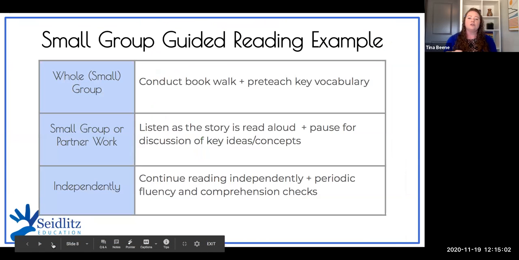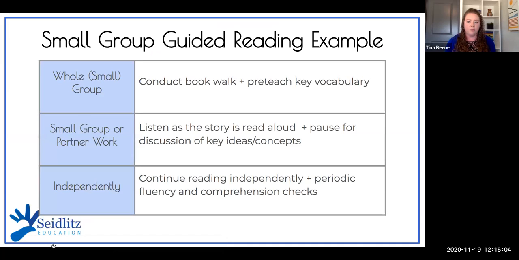All right. So let's zoom in now on just the small group part. What we just looked at was whole group and then small group and then independent. So we're going to zoom in on the small group piece. In that small group, what we'd want to do is in some way go over the text with the students before they read. We know that for English learners, especially, going over the content before with the vocabulary and the graphics sets a framework and parameters that are really helpful for the brain to make meaning of the rest of the story. So we want to make sure that we do spend a little time before we get into the words, really making sense and scaffolding that instruction.